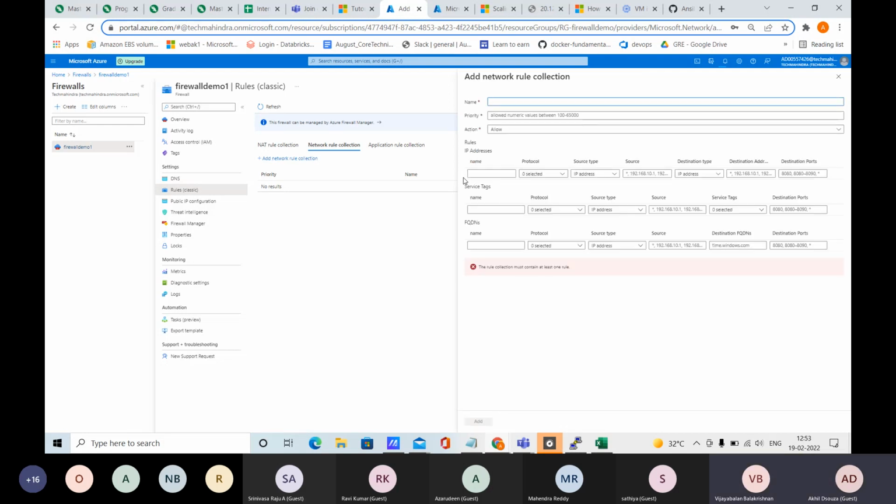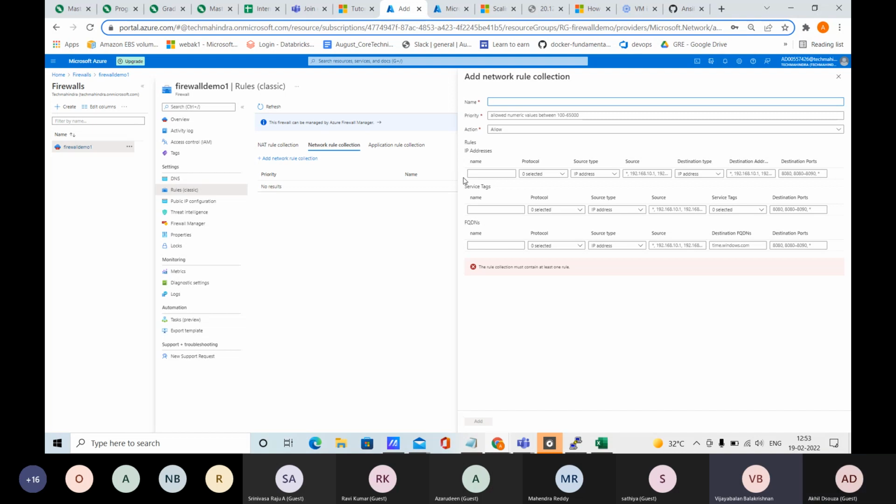Okay, so here you need to first define the name, whatever you are giving, it should be meaningful, as I flagged out several times. And the priority also, you need to mention what the priority is. That also you need to list down first. So what I'm saying is you need to maintain one sheet. That sheet should have all this information, right?